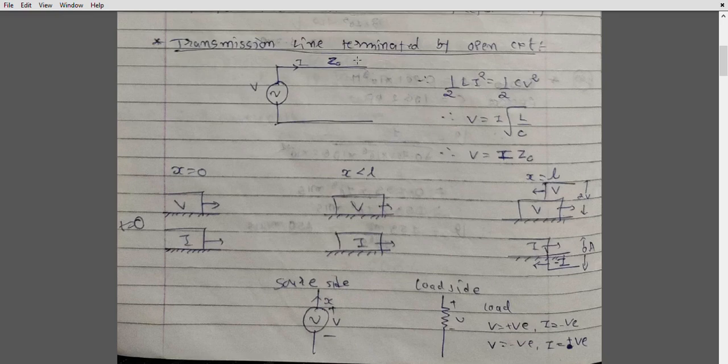So from the receiving end, the voltage is raised by V, then it will be 2V, as you can see right here, but we'll see it later. But you have to remember that when it is open circuited, voltage will rise by V. So initially it was V, now V is added, then in that case it will be 2V.